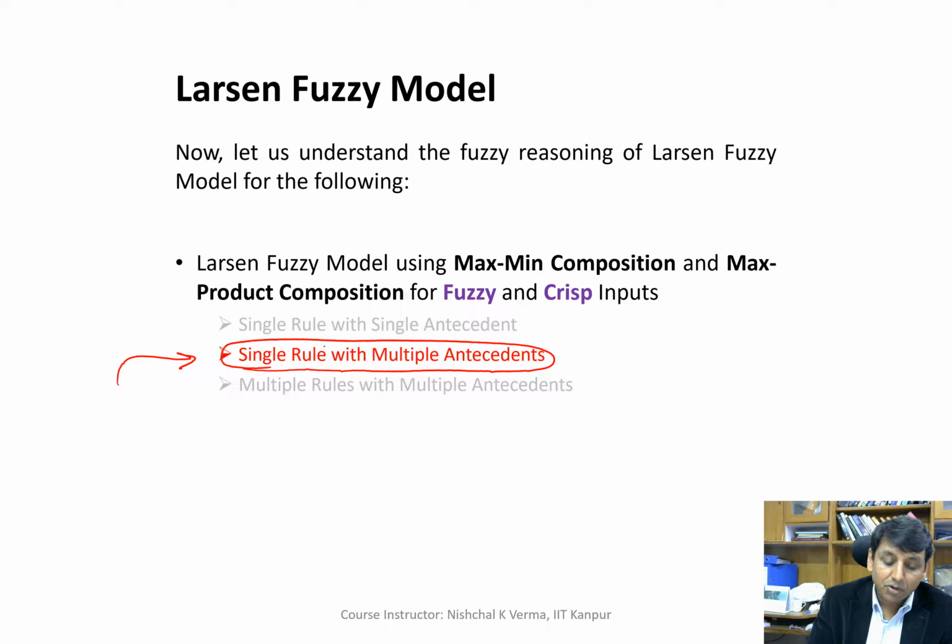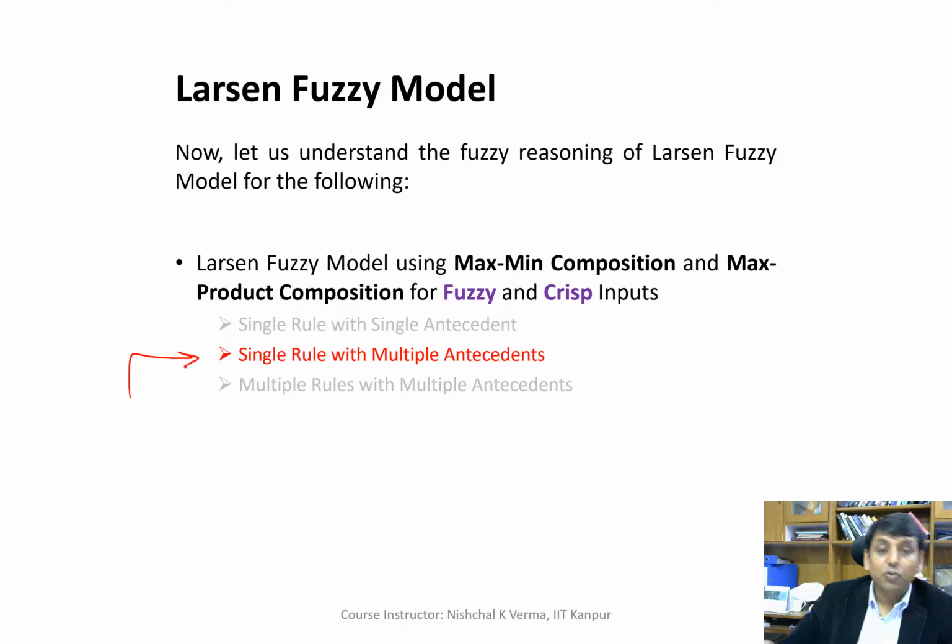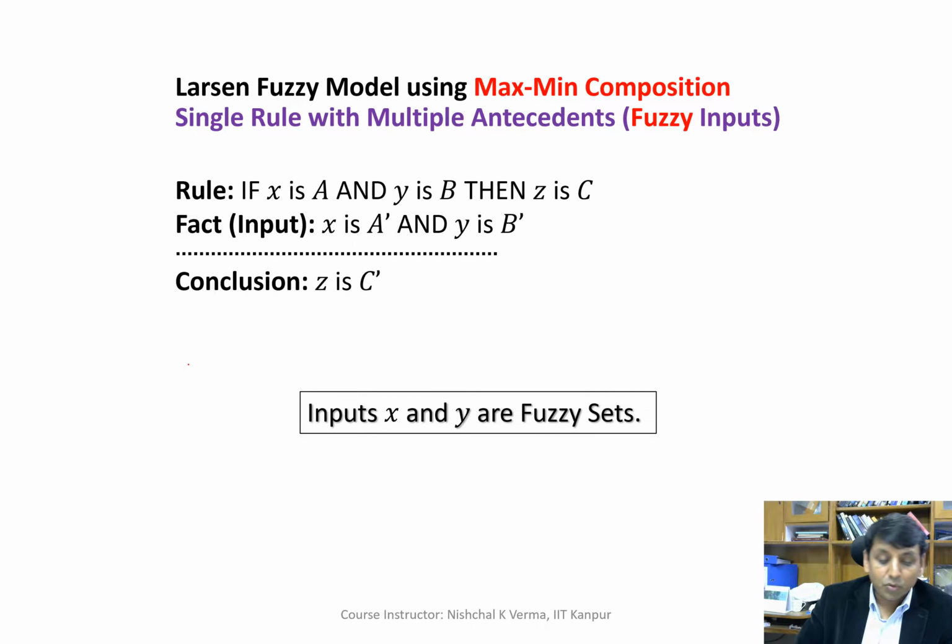So this is very important to note. We already know how the rule of this kind of model will look. Since the model is defined by only one rule, you see only one rule we have, a single rule,